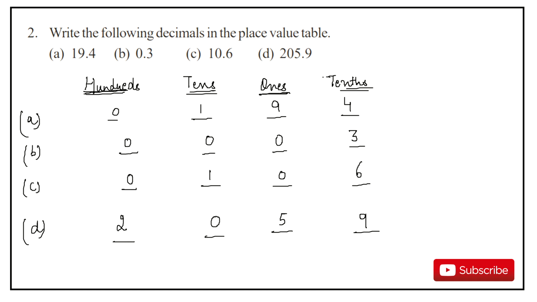Basically, the decimal point comes between ones and tenths. So everybody is aware of how to arrange the numbers before the decimal in the place value chart. Similarly, now we will arrange the places after the decimal. So we have tenths, hundredths, thousandths. So it becomes a THS family. Okay, it becomes a THS family.